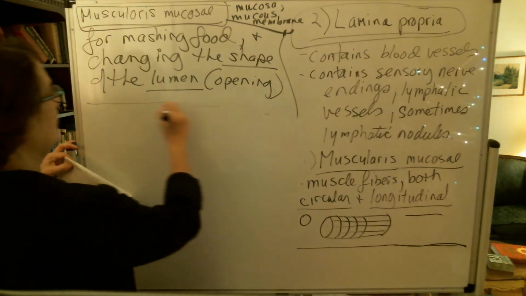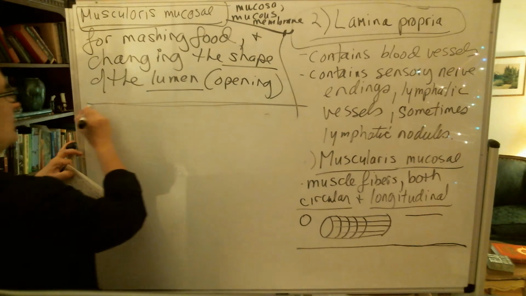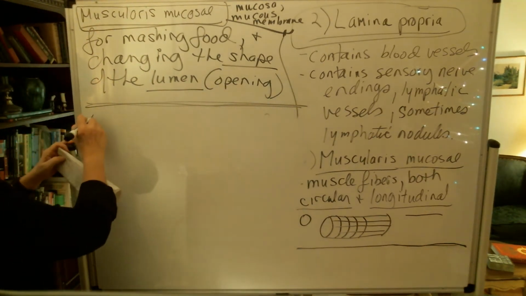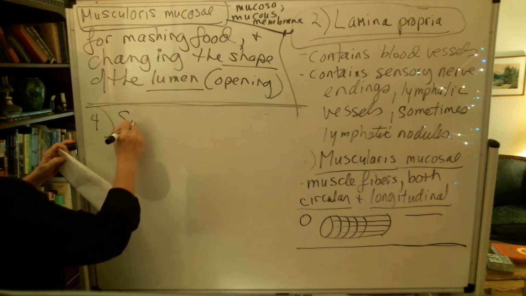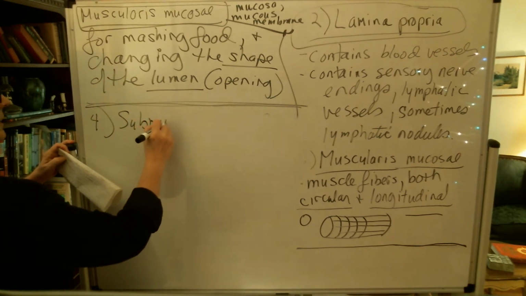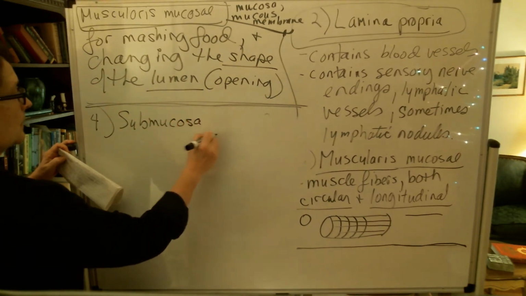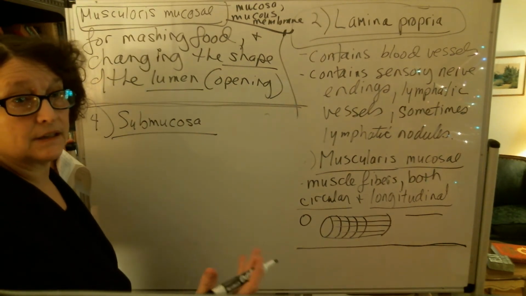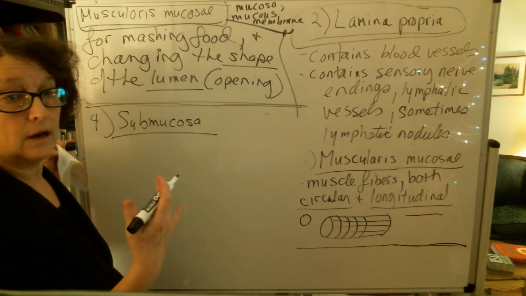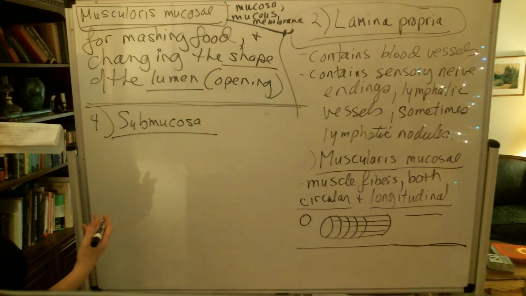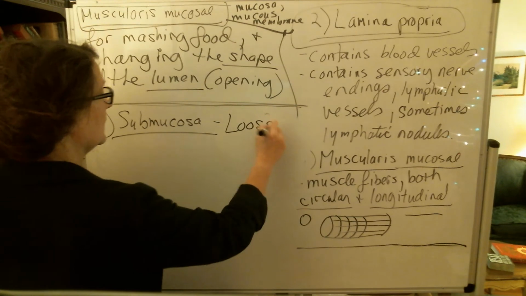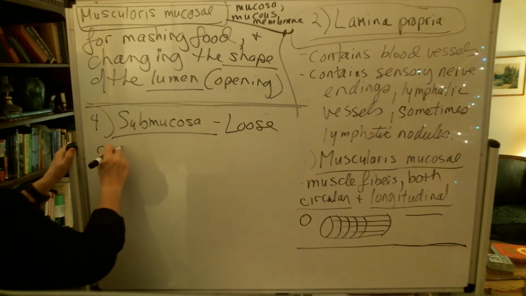So then we finally get beyond what anybody considers the mucous membrane, and we wind up with the submucosa, sub because it's underneath. That is to say, in this case, inside of the mucosa. So the submucosa then is made up of loose connective tissue,